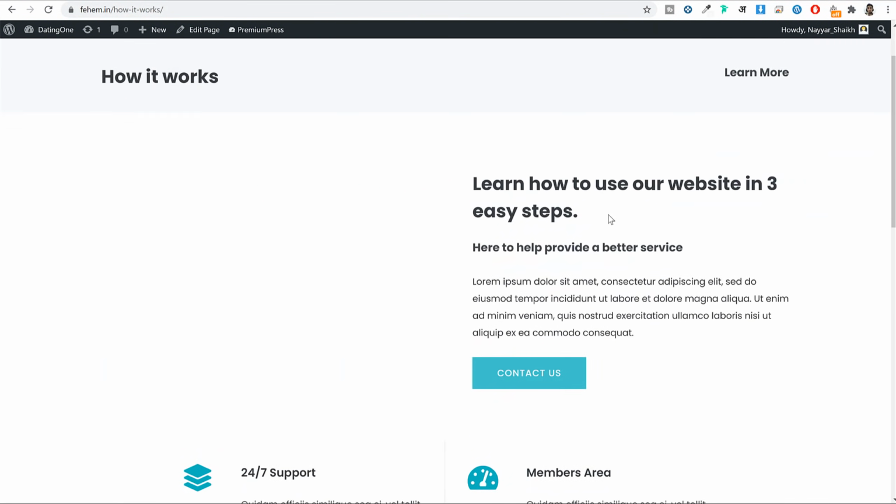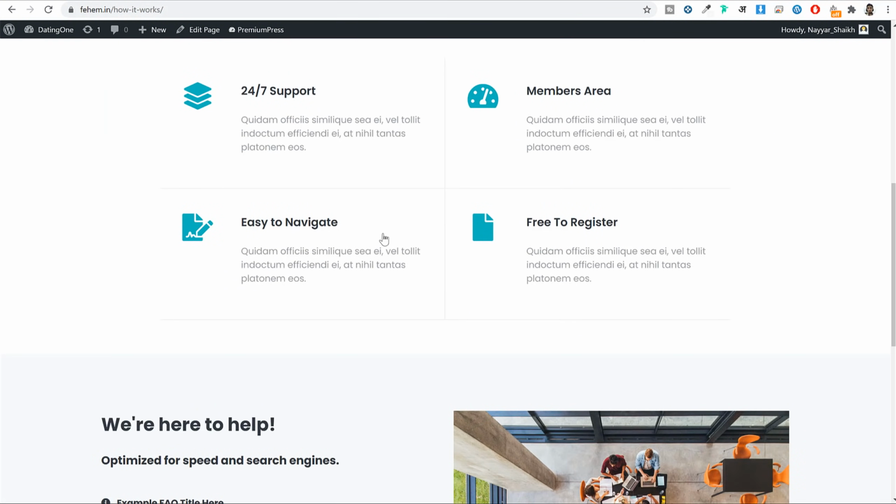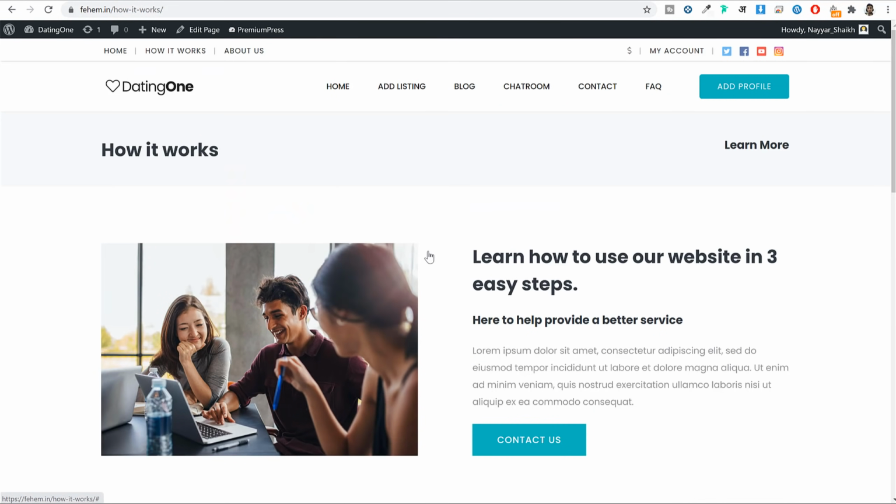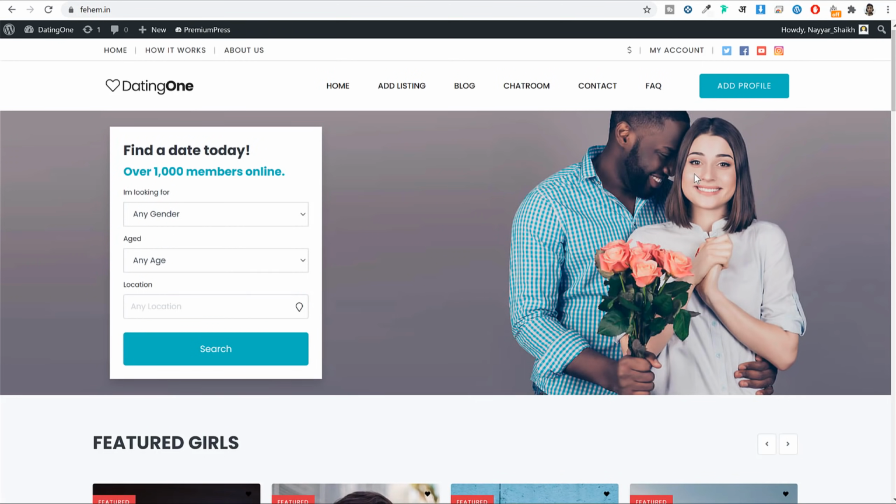So in this page, we'll explain how this entire system works, all the different features that are available with this website. So as you can see, the design is great, it has all the important features, and it has a lot of flexibility. However you want to create this website based on your preferences, based on your needs, you can create it and you can edit it. Right, so this was a very short demo of the exact same website that we will be creating in this video. I hope you guys like the demo website.